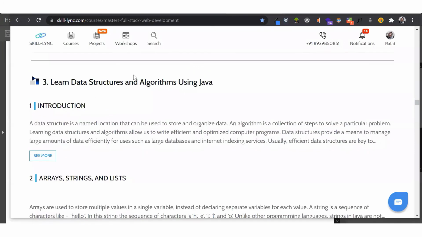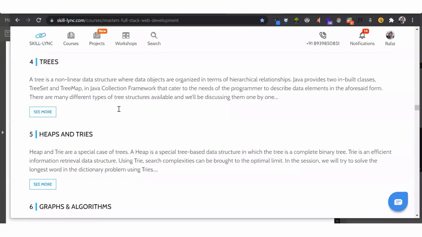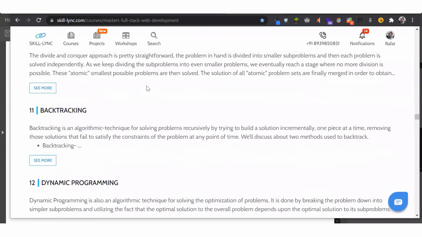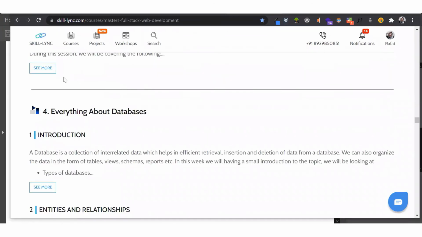And once we understand the Java programming language, we want to clear the coding interviews of companies, right? So to clear the coding interviews, you need to know data structures and algorithms. To understand data structures and algorithms, we start from the very basics. We start with arrays, strings, and lists, and we go all the way to advanced algorithms like dynamic programming, greedy algorithms, etc. So once you complete that, you can crack any coding interview of any good product company like Amazon, Google, etc.